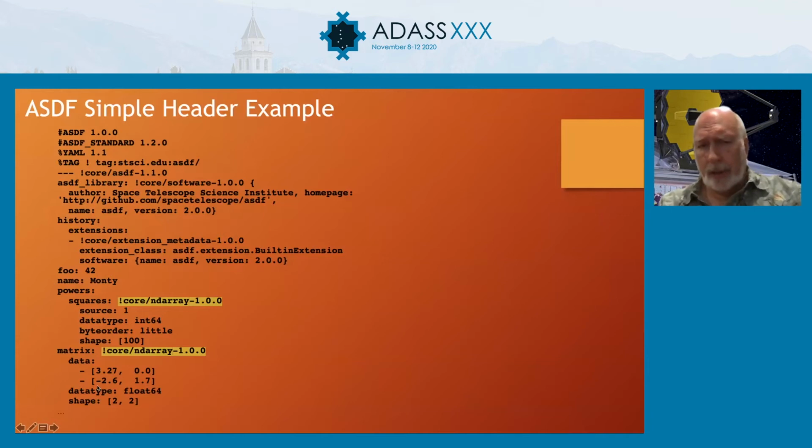So this transparently represents both inline arrays, so that can be completely text, or it can be a large, very large binary array appended to the YAML. And the reason we wanted to support this is lots of people like to start out, for example, with tables that they want as completely text, but maybe they reach a point where it makes more sense to make it binary. ASDF would let you very easily convert from one to the other without changing the software interface to access that data. But anyway, this gives you a flavor of what the format looks like, at least in the header.